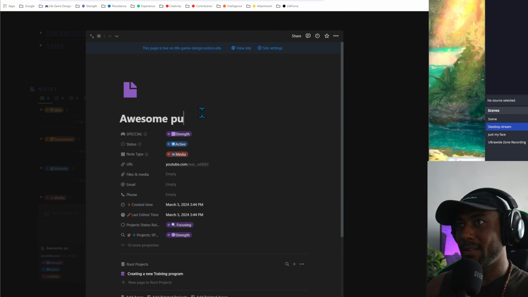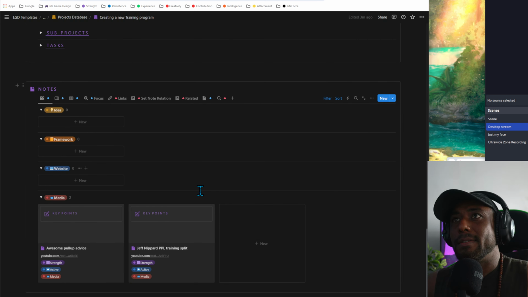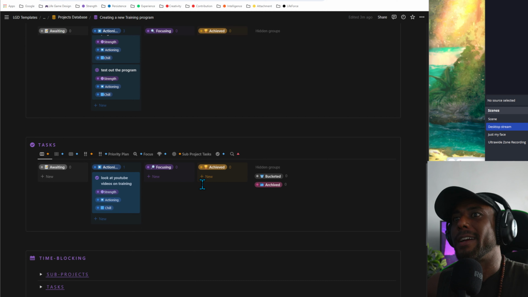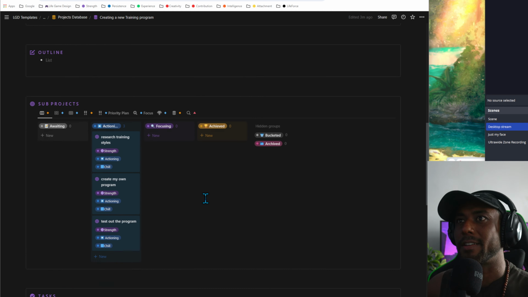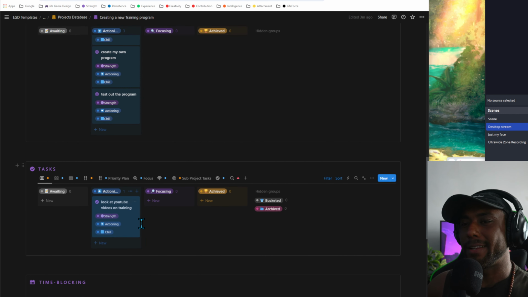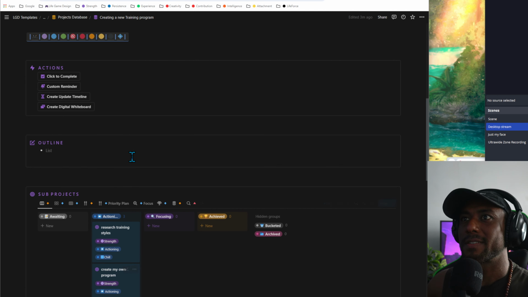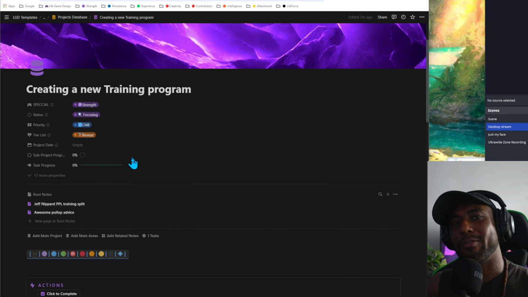Awesome pull-up advice. So whenever I come to find the notes on a specific thing, I can tie them to a project like this and have it, and see it, in the same place as the tasks that I have and the sub-projects that I have. This is how powerful it is, because if you weren't using this,